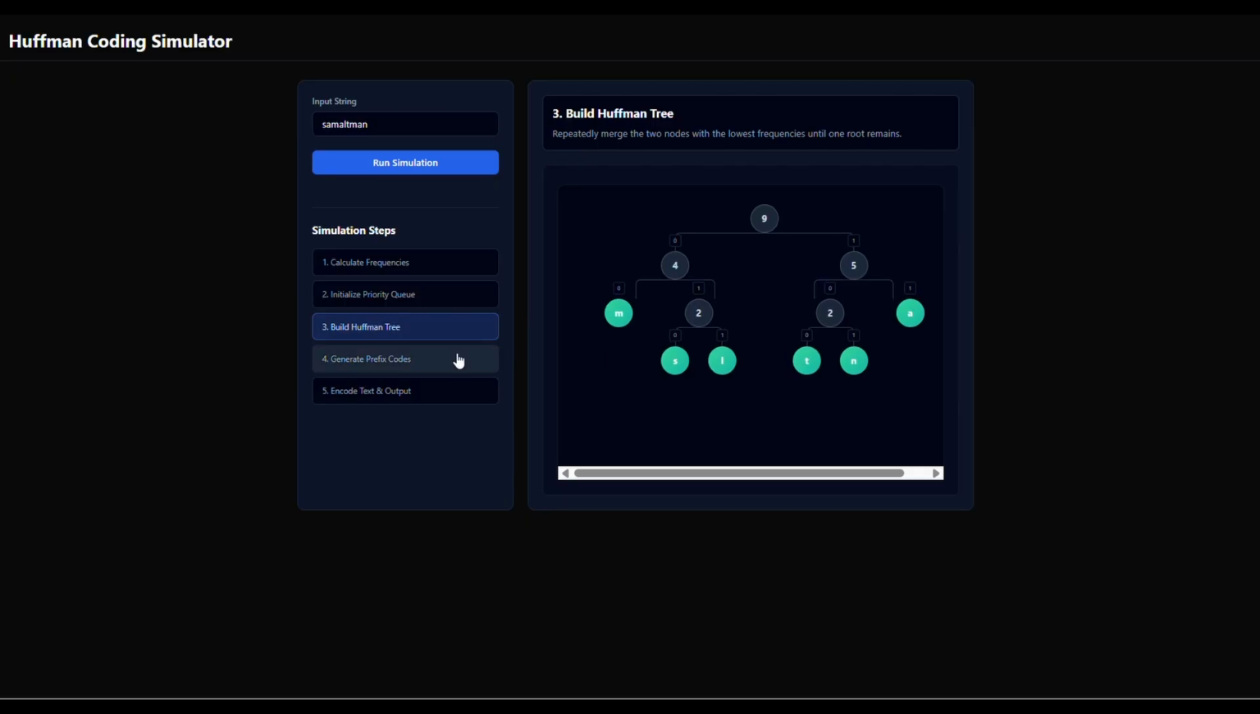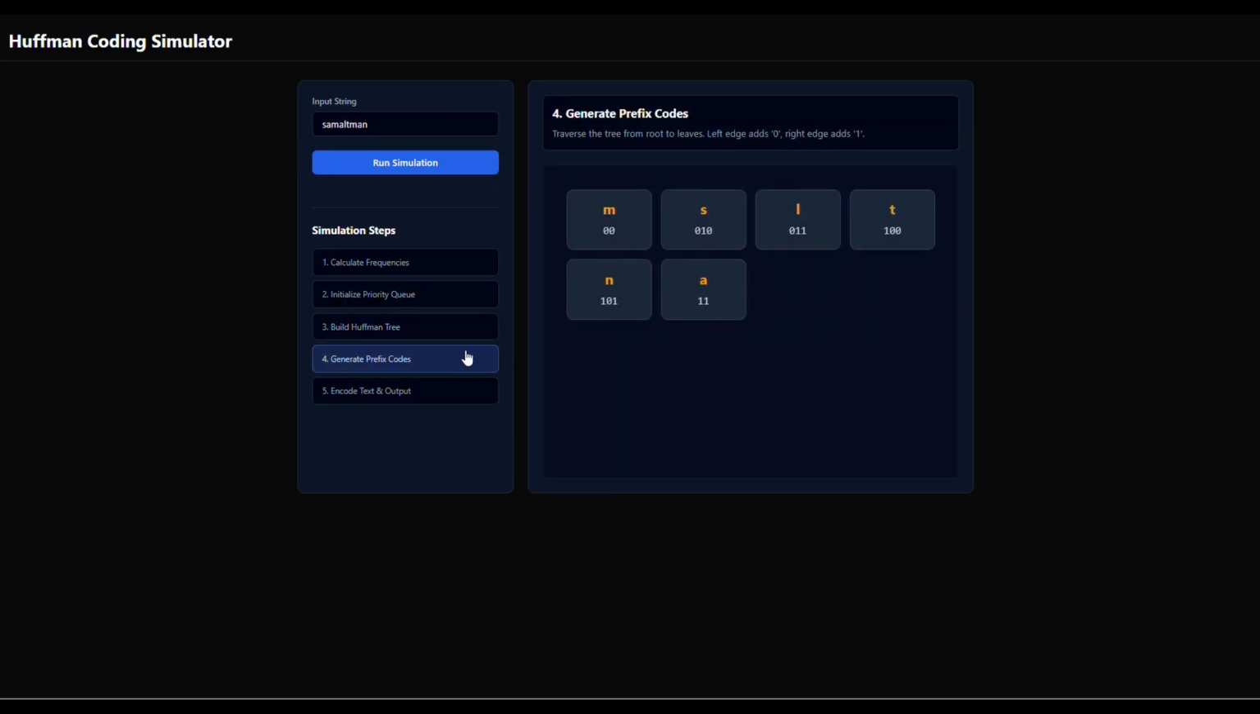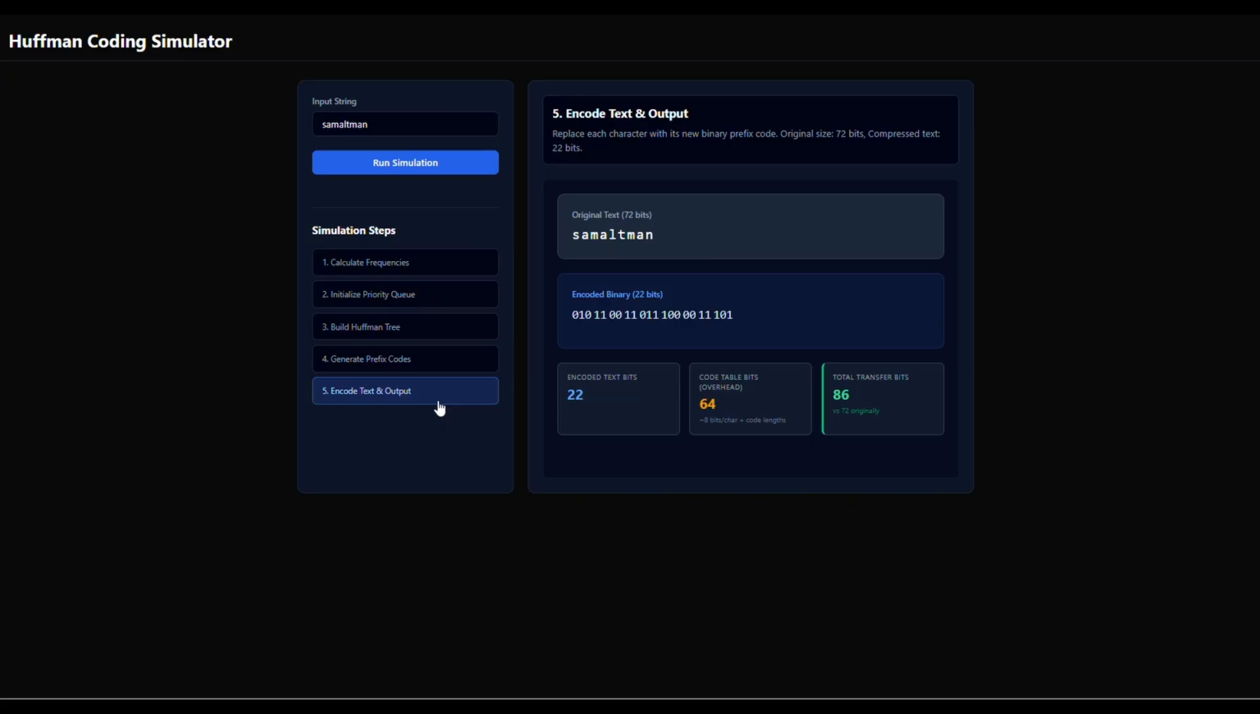So as we can see, we have generated the codes as I mentioned earlier. Now we are going to calculate the total number of bits required to encode the text. The total number of encoded bits for the text is 22, and for encoding it's 12 bits, but in order to transfer the message we also need to